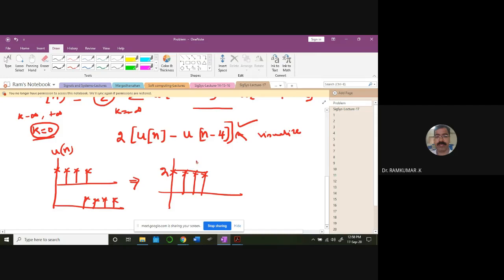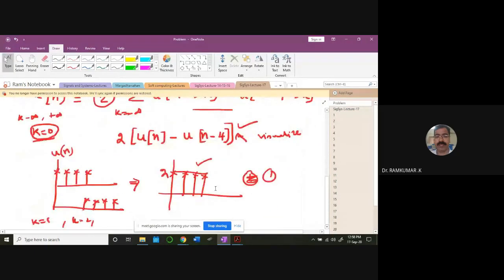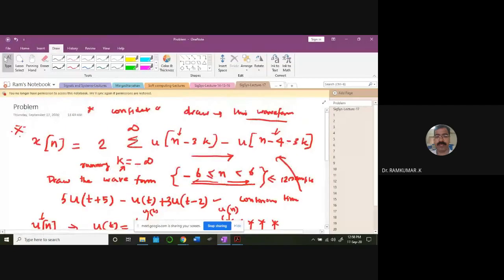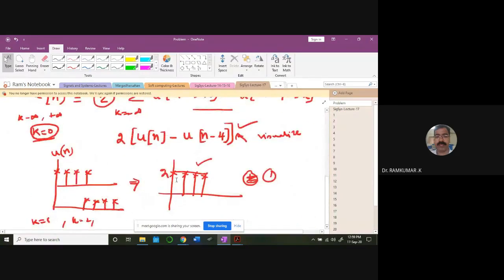So you can easily compute this. This is the first signal you compute. Then put k equal to 1, then k equal to 2. Get all those time shifted versions, and then add all those values finally. For 6 samples, k equal to minus 6 to 6, maybe you can do it. Signal addition is not a big deal. Simply add sample by sample, whatever amplitude is there. That's how you work out this particular problem.